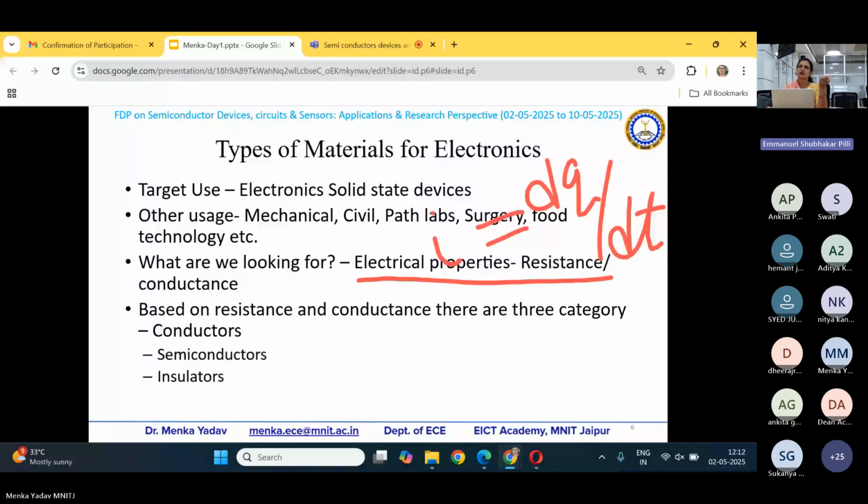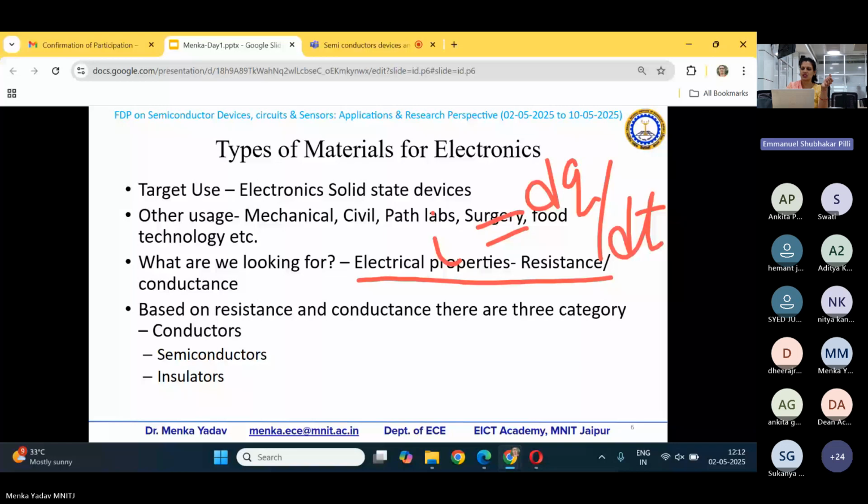This is the current, meaning these many charges per unit of time are flowing. Resistance will oppose these charges to flow, and that's what resistance is. Conductance is the virtue of the material, and this is just inversely proportional to the resistance. Conductivity is how much the material is going to support the flow of electrons or flow of the charge carriers. That is the conductance.